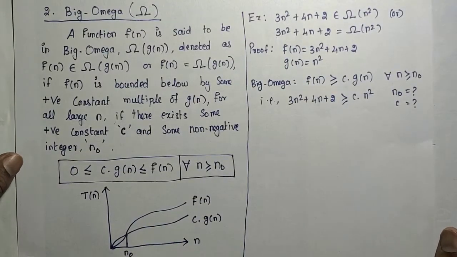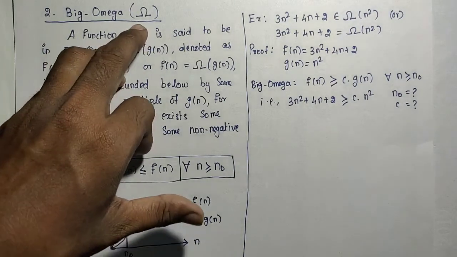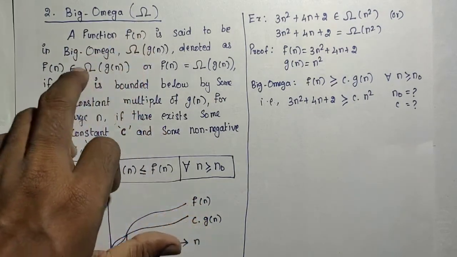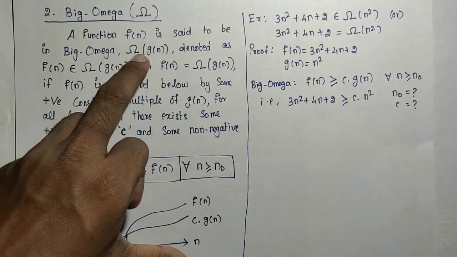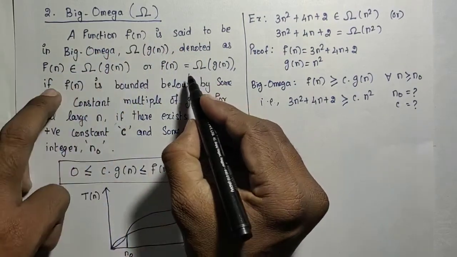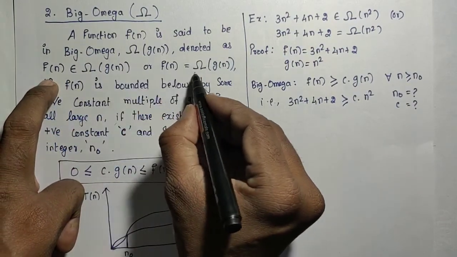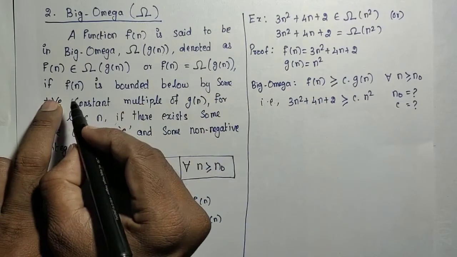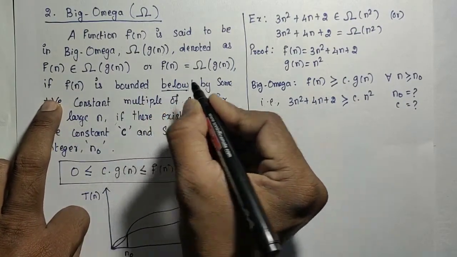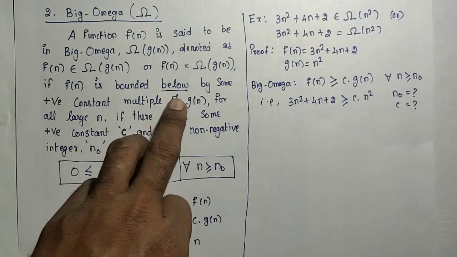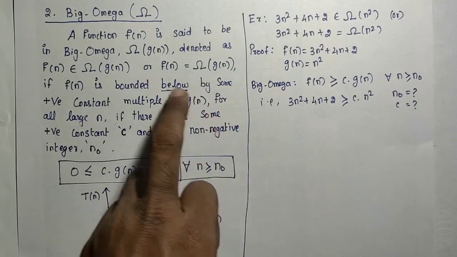The next one is big omega. Big omega is represented by this symbol. A function f of n is said to be big omega of g of n, denoted simply as f of n belongs to omega of g of n, or f of n equals omega of g of n, if f of n is bounded below by some positive constant multiple of g of n. Only this is different from big O, which bounds above. But here,